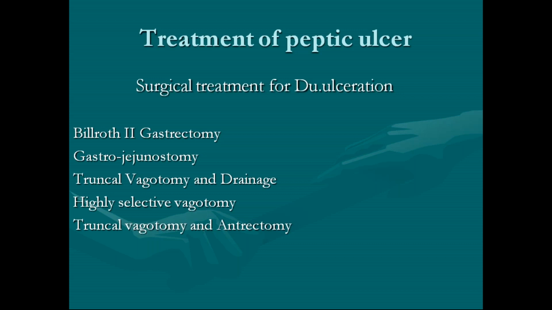Billroth 2. Sleeve gastrectomy and gastrojejunostomy. Okay. So there need not be any gastric resection here. Directly, you can do a bypass of the duodenal segment, and you can have an anastomosis of the stomach with a loop of jejunum, that is gastrojejunostomy. But here you are leaving the duodenum as a separate stump. So you have to make sure that the afferent limb is as short as possible.